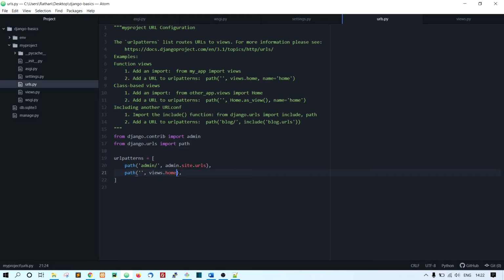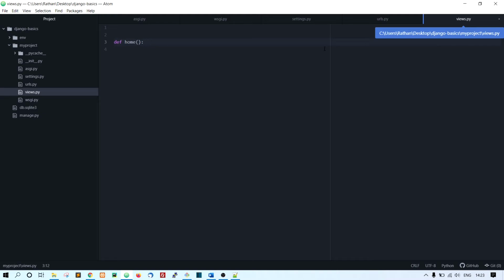Since we used views inside this urls file, we need to import it so this will work properly. This is how we import: from . import views. Dot means this same directory. Inside this same directory we have something called views, so bring that in. Save it. Now let's go to views.py, where we created the function called home. The request comes into this view, so we have to pass request to the home function. Now hit enter.